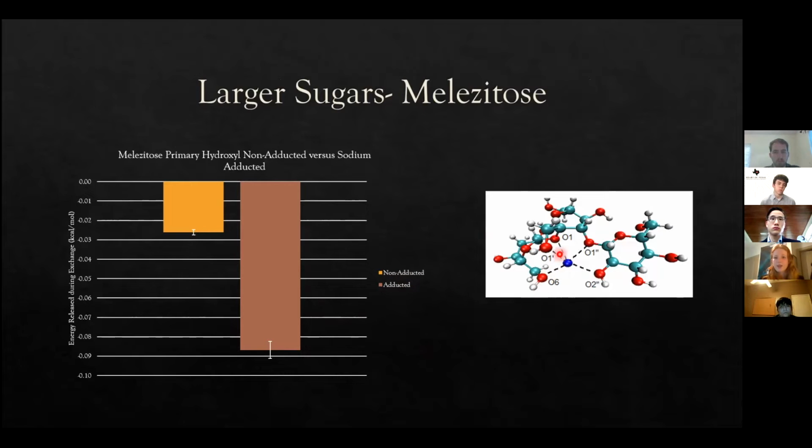So here this image maps out the different hydroxyls that are adducting to this sodium. This image shows maltotriose in the gas phase, but we again explored it with one full solvation shell around our molecule. And we saw that those adduction sites were having a much greater release of energy.